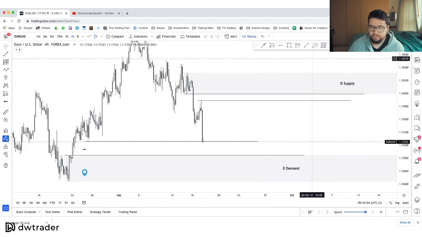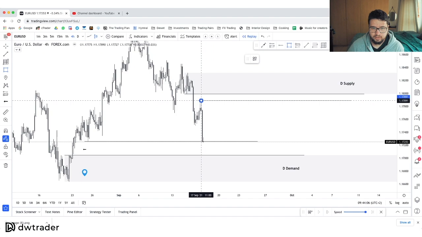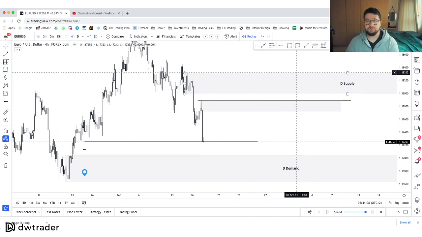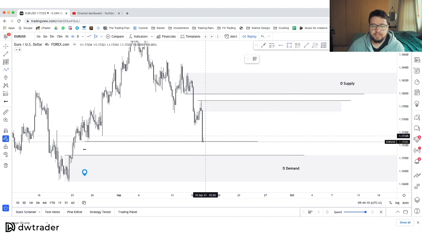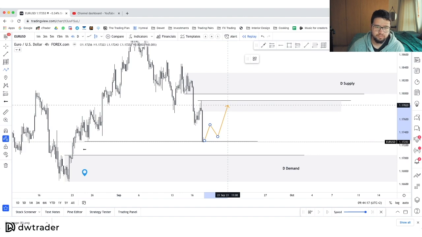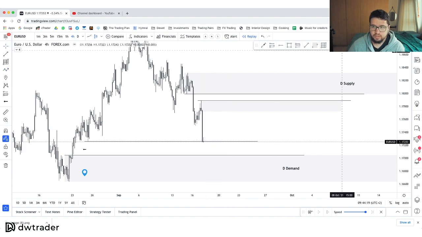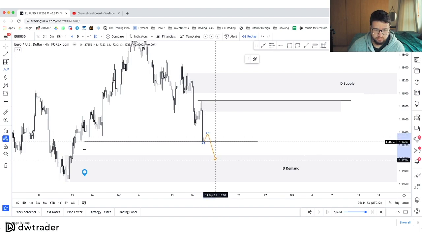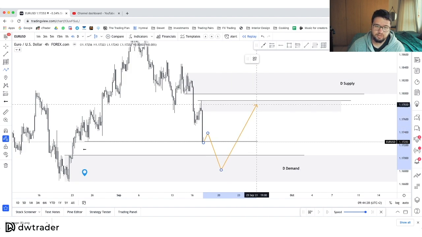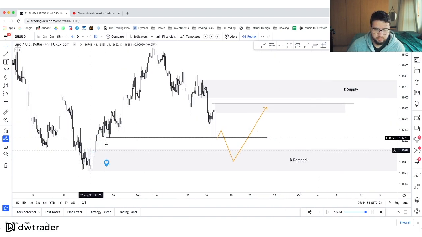we have this area here as well, which price could return to. It's unlikely, I think, that price would, after this big push down, just start to return early in the week. I think it's more likely that we might see a smaller pullback, and then a continuation down into this area down here, and then a retracement or next move towards the upside. So those are the areas where I'm looking for buys in here,